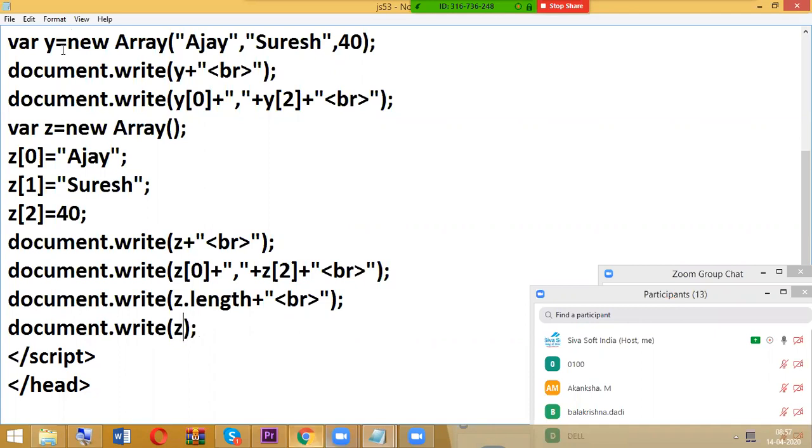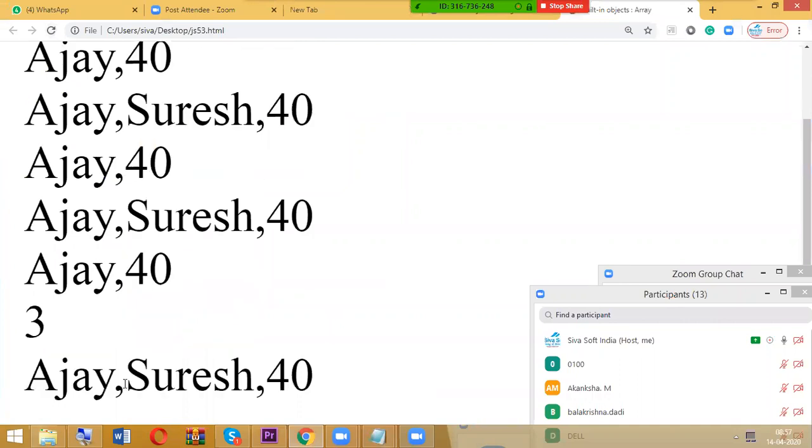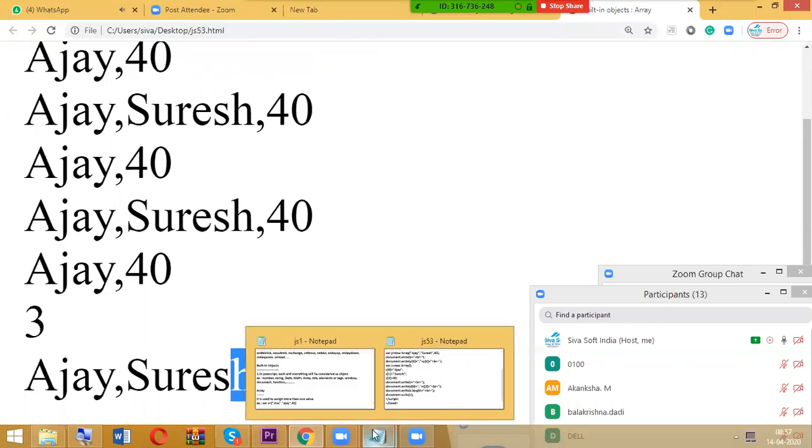We know that z gives us all the 3 values, and the default separator is comma. Now I want to add my own separator instead of comma. For that reason, I am going to plan here.